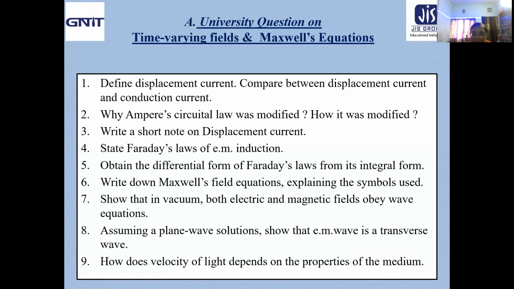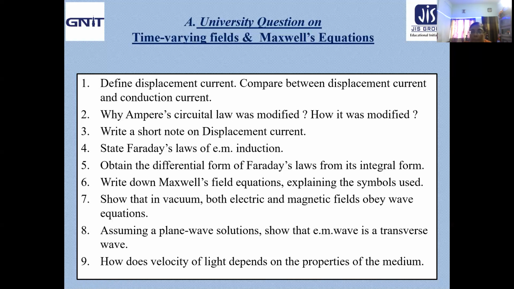That means in the free space case, the velocity of light is c, and in case of the material medium, we know that velocity will be 1 by square root of epsilon into mu, the velocity for electromagnetic wave in material medium. The values will be different, obviously. So I hope you understand how the questions can be set and how to give the answers.